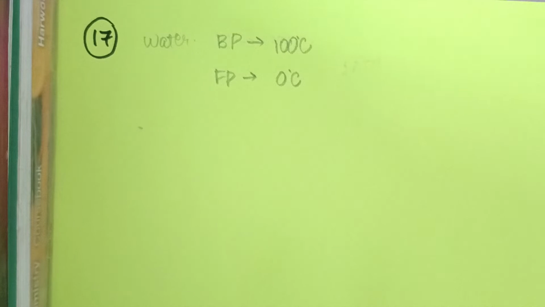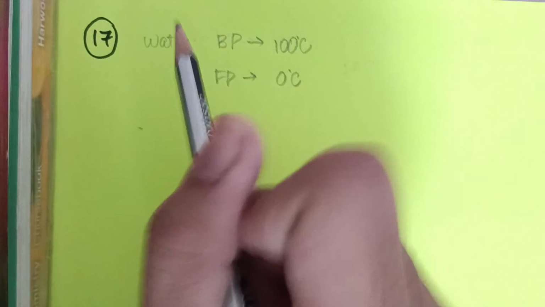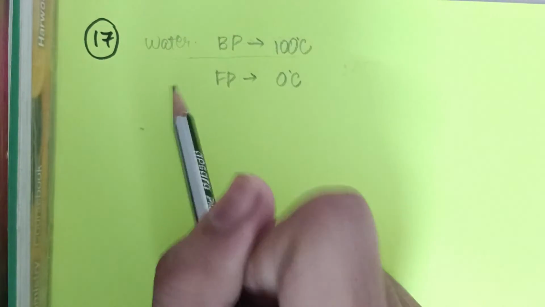Question 17. We have to calibrate a liquid and glass thermometer according to the Celsius scale, and we have to tell which one of the options can be a fixed point. Now, what is a fixed point? A fixed point on a thermometer scale is some value, some point in temperature on that scale, which can be easily reproduced. So the best example we have for Celsius scale is the boiling point of water and the freezing